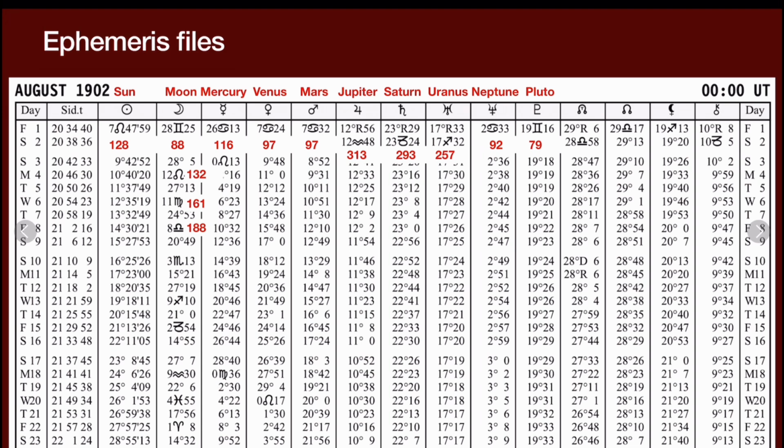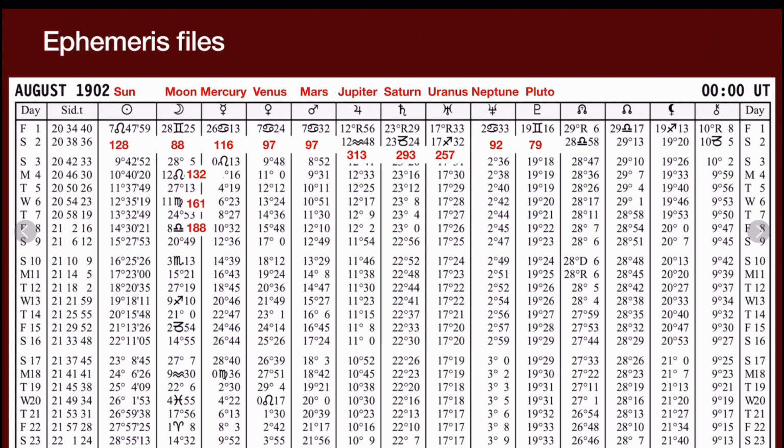Now that's just line one, so imagine working this out for every line. What you'll see is the slower moving planets like Jupiter and Saturn, Uranus, Neptune and Pluto, if you go down you'll see there's only small changes, they're slow moving, so there's not much change day to day. But if you look at the Sun and the Moon, and even some of the faster moving planets like Mercury, Venus and Mars, they move quite quickly, so you probably do need to calculate these most days, if not every day.